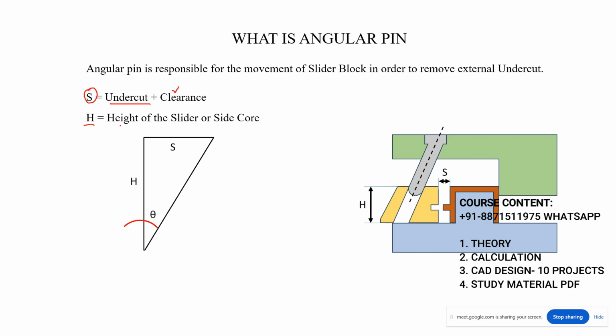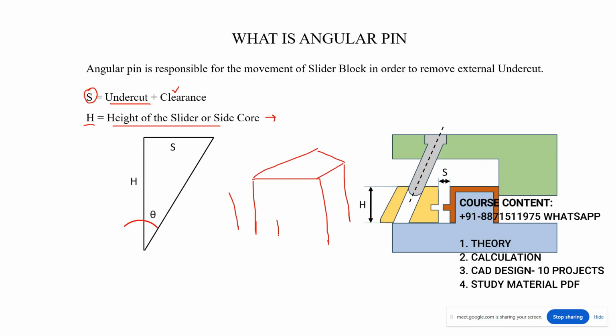Now H is nothing but the height of the slider or the side core. Now tell me how to decide the height of the slider or the side core. Depending upon the height of the component. Now for example, if we have a component